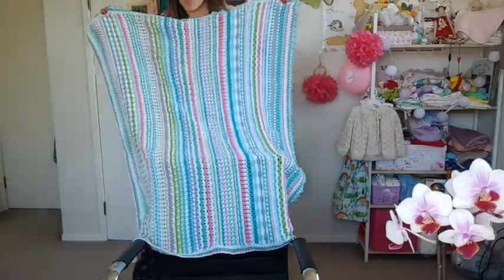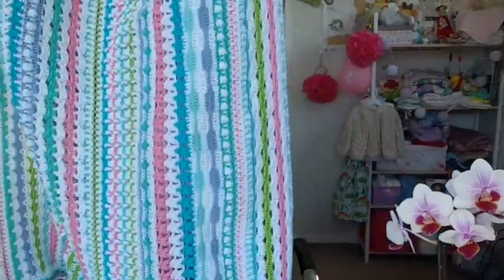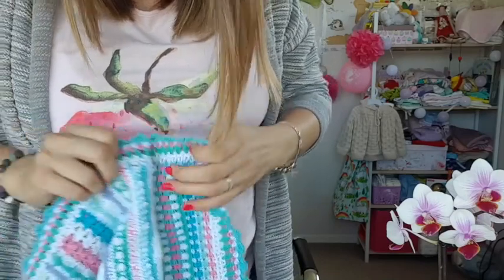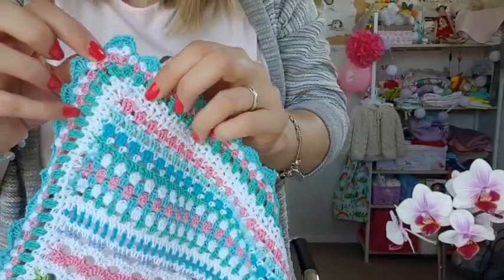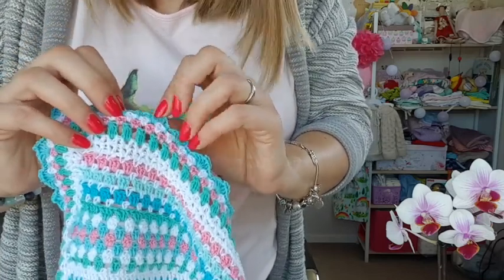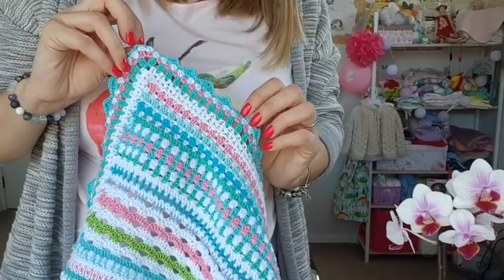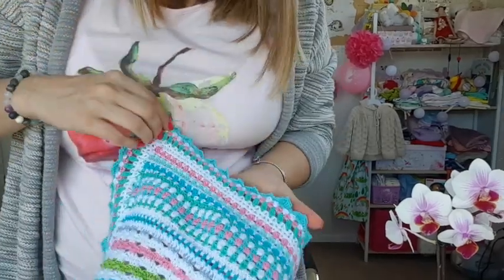I don't know, maybe it will be for the baby, maybe it will be just a throw. But let me just show you the details of the border. So I think this was the end. Yeah, so the blanket started at this part, and here is the border. 2 rows of white, then we have some green and pink, another row of white half trebles, and these lovely fans. I'm quite happy with the choice of colors that I made, and with the pattern. Of course, I'm happy with it because it's the second time I'm making it. Really pleased,